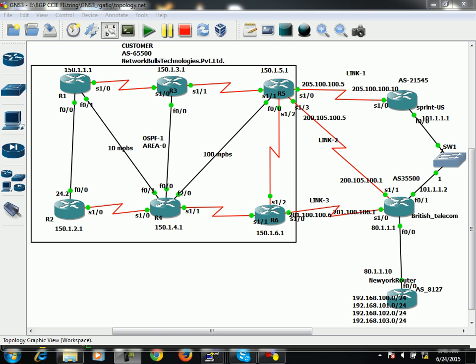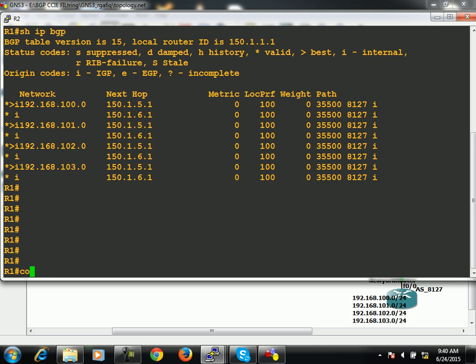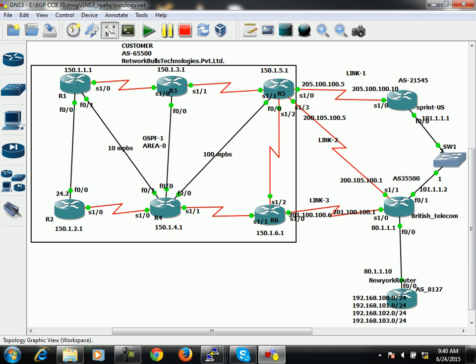Of course it will be optional, because if you configure it, then it will go along with your BGP updates, right? And if you do not configure it, then definitely it will not go along with BGP updates. Now, for an example, if you move on R1, let's configure this R1, because I'm using the older diagram